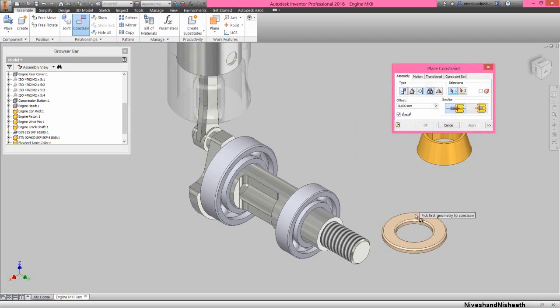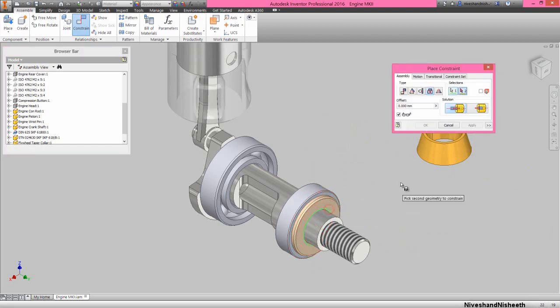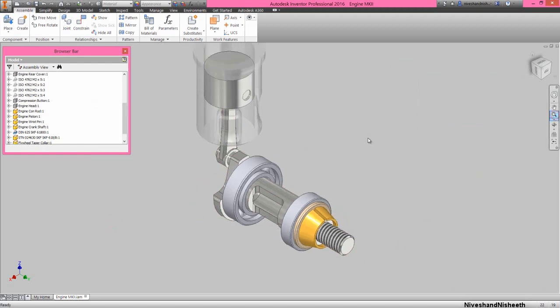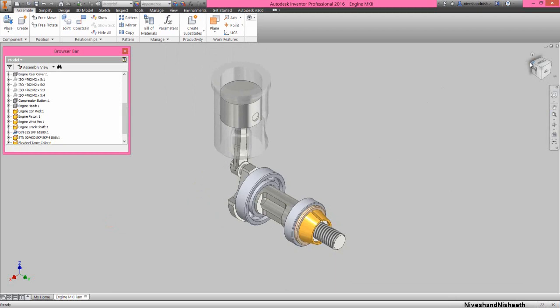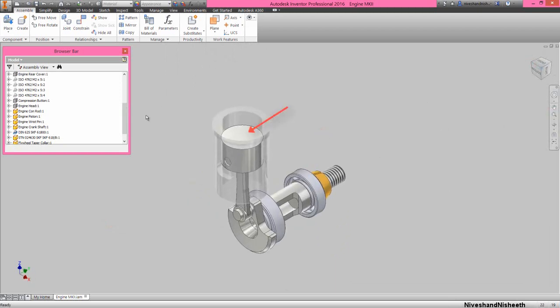Apply the insert mate between the hole edge of washer and front face of the bearing. And apply another insert mate between the front face of the washer and back face of flywheel taper collar. Now see the result. Rotate the model in this position. Now see, my assembly is fully constrained.